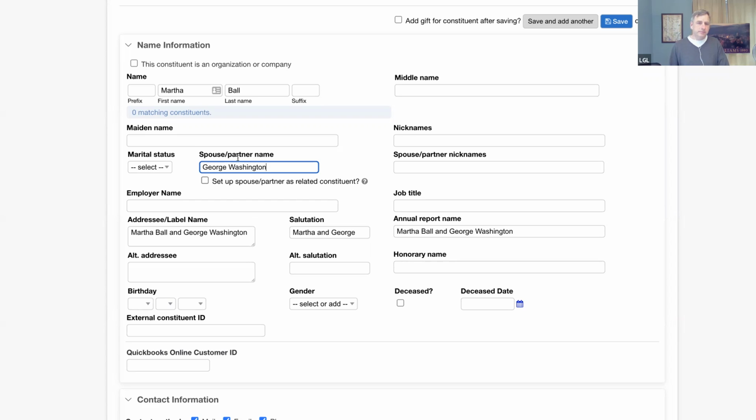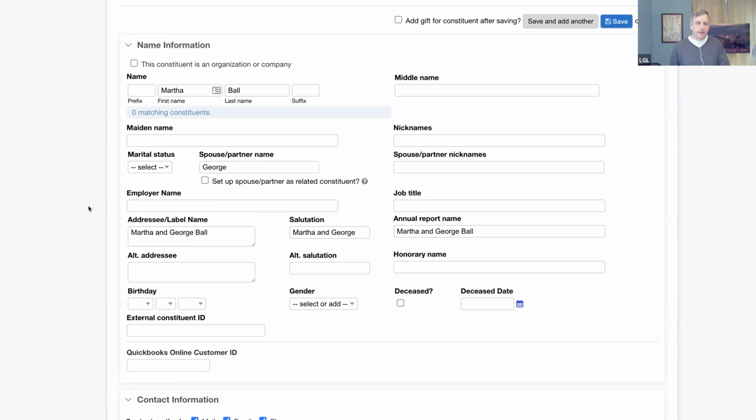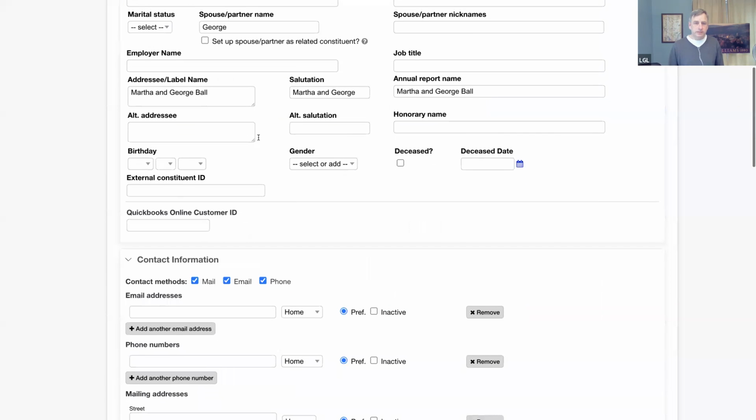So you'll see that because they have different last names, it automatically is splitting out the addressee into two full names like that. If I left this out, it would go back to recognizing that they must both have the same last name. But that's kind of name information,